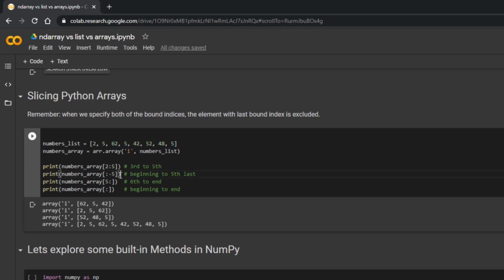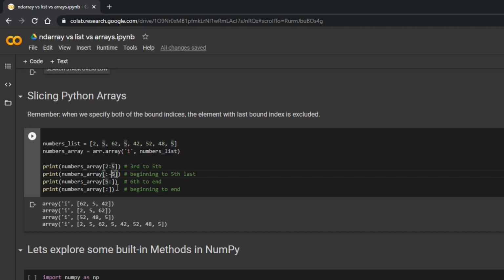Let's look at another way to slice. So here in the case of the second slice, I am not mentioning any starting point. So it starts with 0. If I am not specifying any number or any index here, by default it starts from the beginning of the array, which is the 0th index. And then it continues until -5. What is -5? Why is it minus?